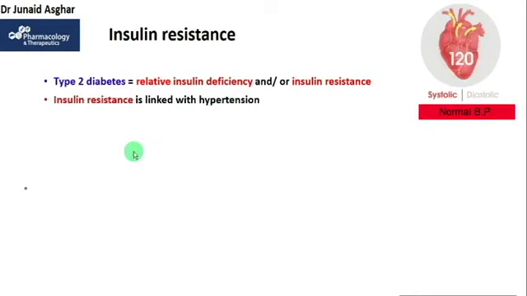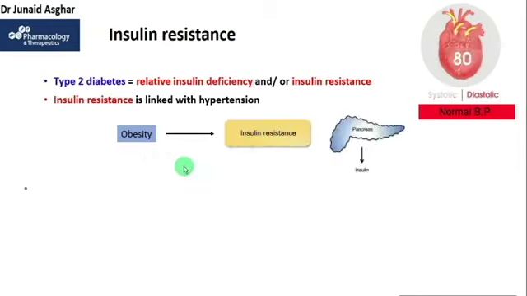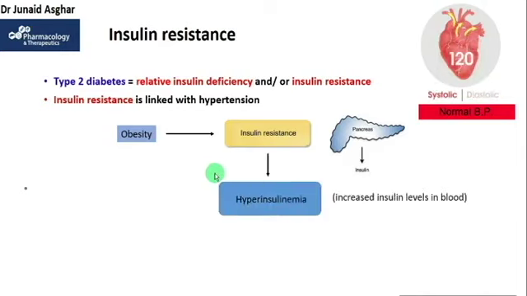Insulin's primary role is to regulate the amount of sugar in your body. For example, in case of insulin resistance by obesity, your pancreas produces even more insulin in a confusion, mistaking the situation as if more insulin is required by the body to transport glucose across the cells. But since there is a state of insulin resistance in the body, this insulin will start mounting in the blood along with blood sugar levels, and this condition is known as hyperinsulinemia.